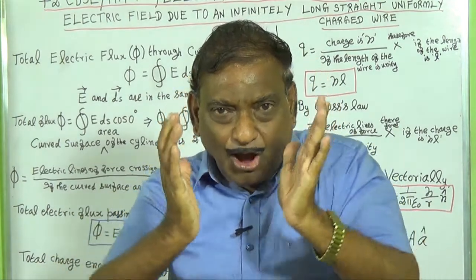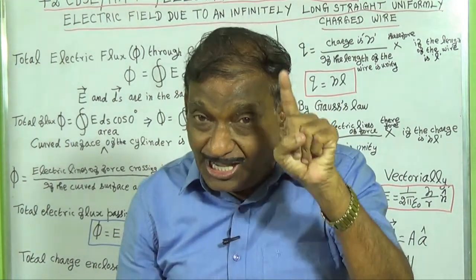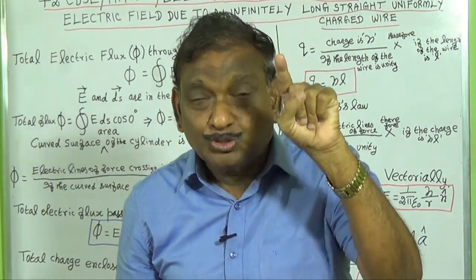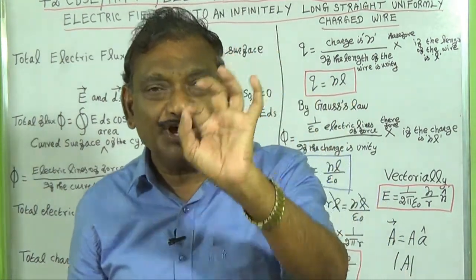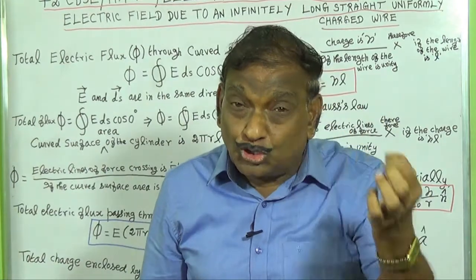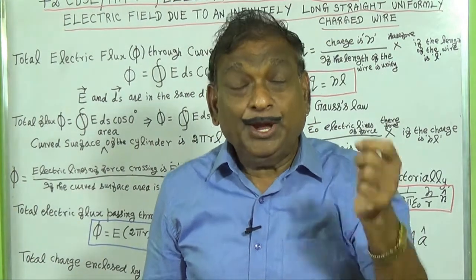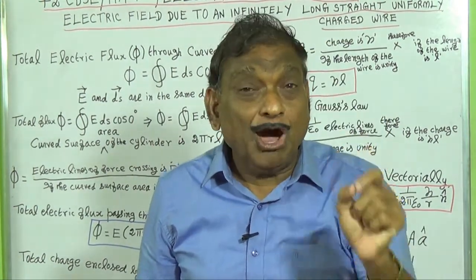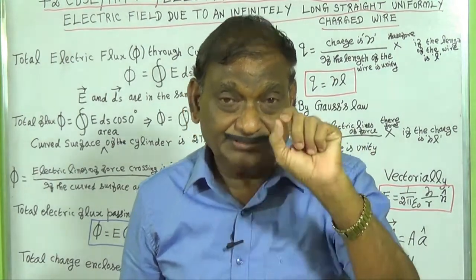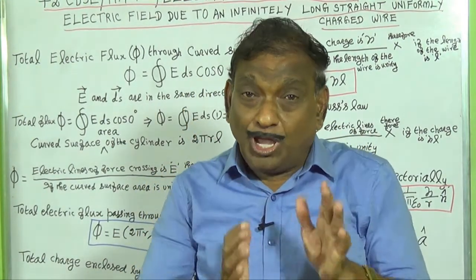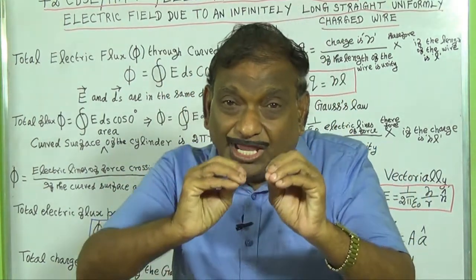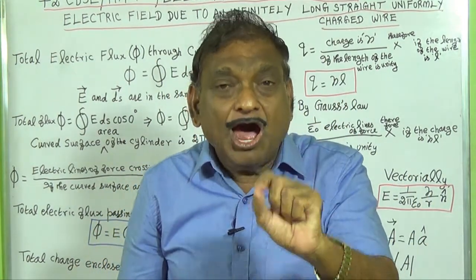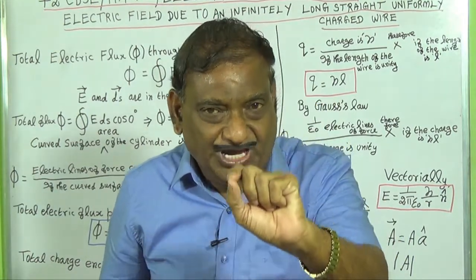A cylinder of length L and radius small r is chosen as Gaussian surface. They are closed at each end by plane caps normal to the axis. Now we are going to take the small area ds on this Gaussian surface.